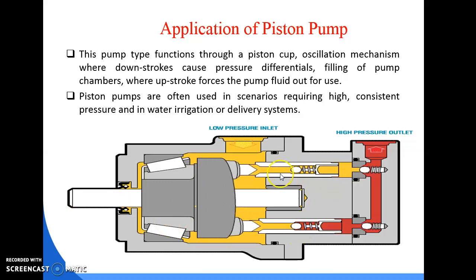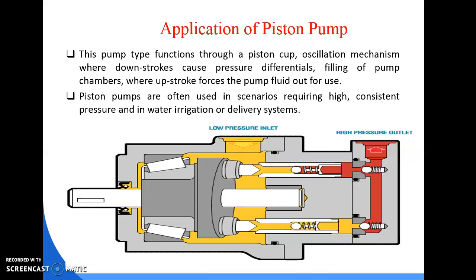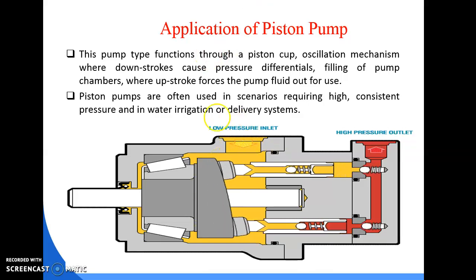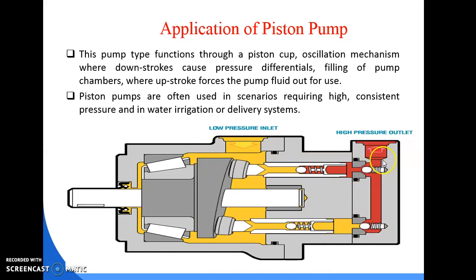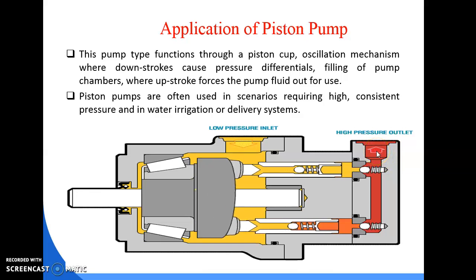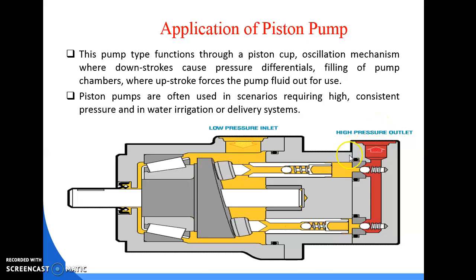The rotation of the spindle causes the reciprocating action of the piston inside the cylinder, and we are getting the delivery process 2 times and suction process 2 times in the figure. The yellow color fluids are known as your low pressure, that is pressure of liquid at atmospheric pressure, and that is delivered by the movement of piston inside the cylinder, causing the high pressurized oil or liquid, and the arrow mark suggests that it will be delivered at high pressure.